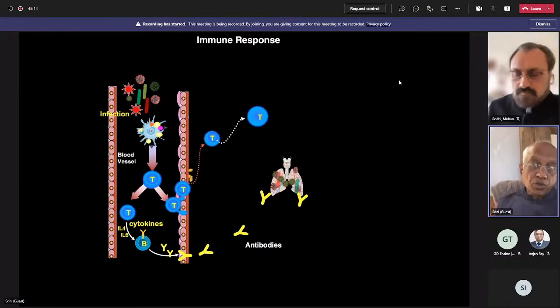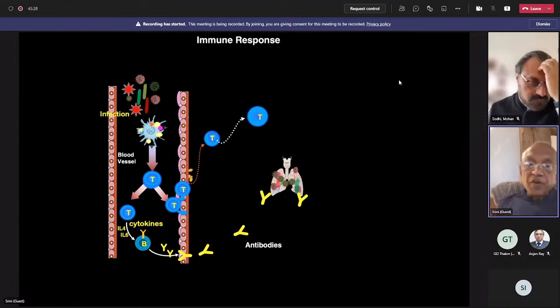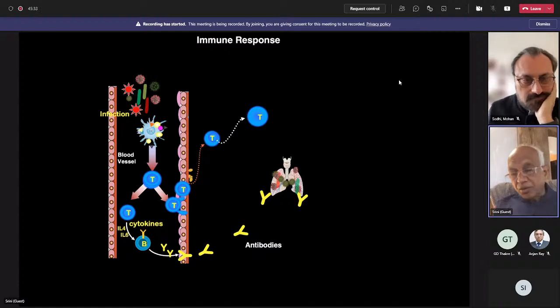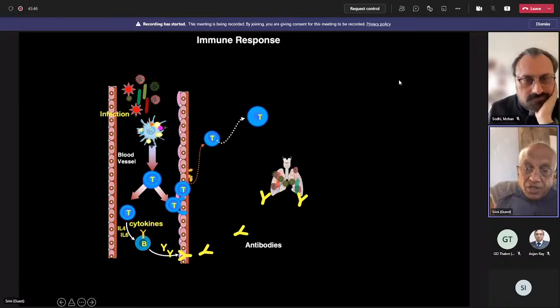But then I'm sure you have heard of antibodies. These T cells actually provide the support for B cells, and the B cells are the other bunch of lymphocytes, and they make antibodies. Over the last 2 years, I'm sure almost every day we heard about antibodies, either because of infection or because of your vaccination, how antibodies are important. Antibodies are very specific. Imagine this coronavirus or any bacteria or fungus has already reached your lungs. These antibodies, shown in the Y-shaped form, which is just a representative form of the antibody,